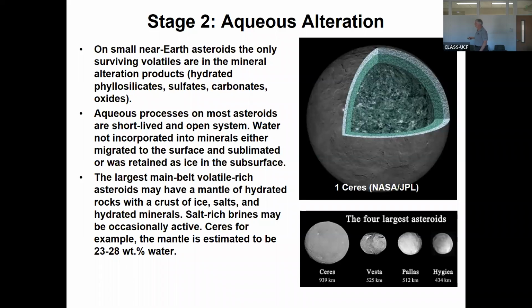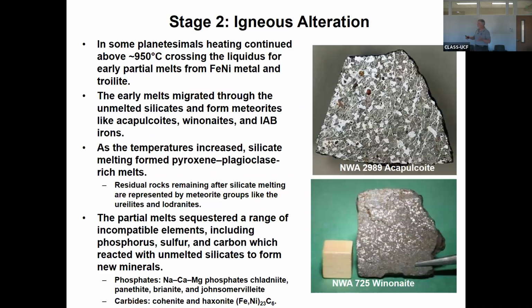And of the 4 largest asteroids, 3 of them are probably hydration rich, and the other one, Vesta, is igneous and had been completely melted and differentiated. But these are big asteroids. We're not going to worry about big asteroids. Speaking of Ceres, speaking of Vesta,